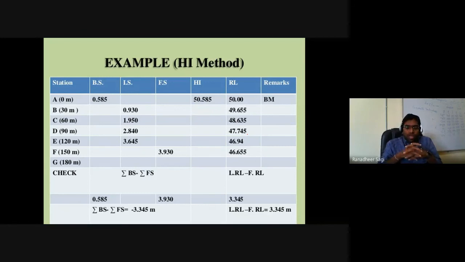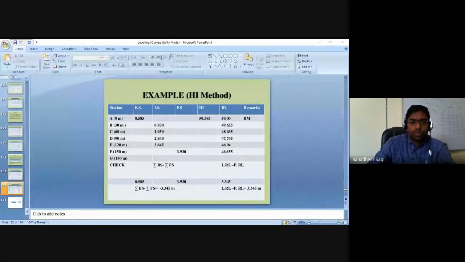One thing you should know is that some more practice would be required with regard to the data which is missing from your level entry book. So maybe one or two problems of that, if possible, in the next class we'll take up and try to solve. And with that, mostly in the next class, for maybe 15-20 minutes we'll be spending on the leveling topic, and we'll be moving on to what is called contouring. Okay, and how do we determine the areas and the volumes based on the contouring work that we are carrying out. Okay, right. If you have any doubts, please let me know.